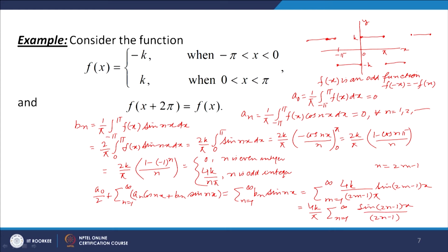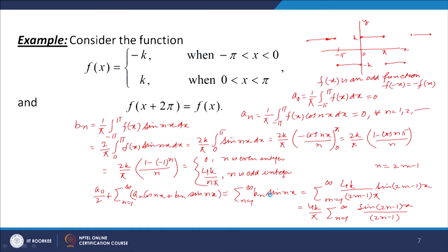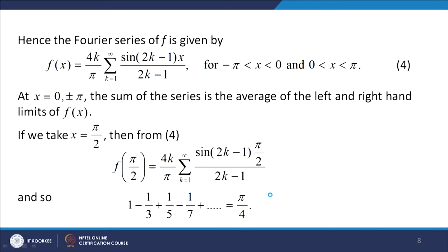This is the Fourier series for the function f, and its sum is equal to f x over the points of continuities, and at the point of discontinuity is the average of left hand and right hand limits. So, the Fourier series of f is given by this for minus pi less than x less than 0, because f is continuous here, and 0 less than x less than pi where also the function is continuous. The discontinuity points you can see in the interval minus pi to pi, the discontinuities occur at minus pi, 0 and pi. So, the sum of the series here is the average of left hand and right hand limits of f x. Now, let us look at a particular case.